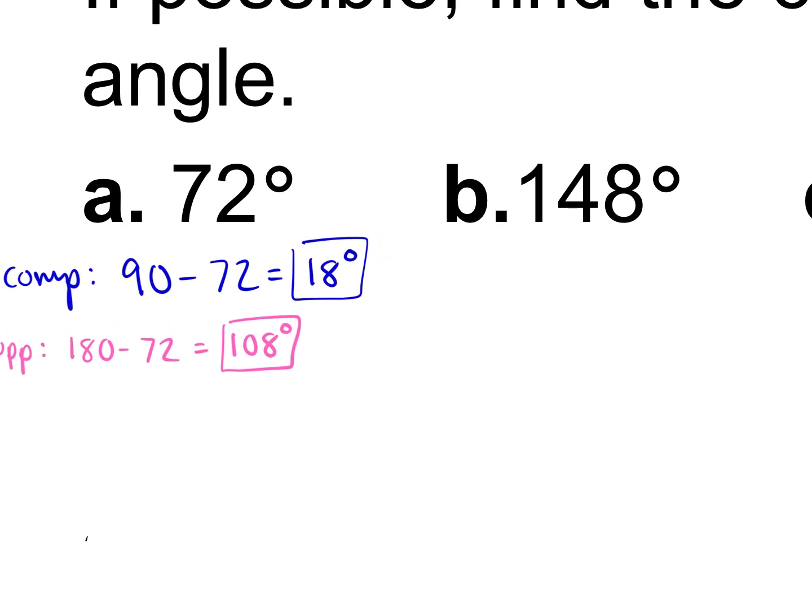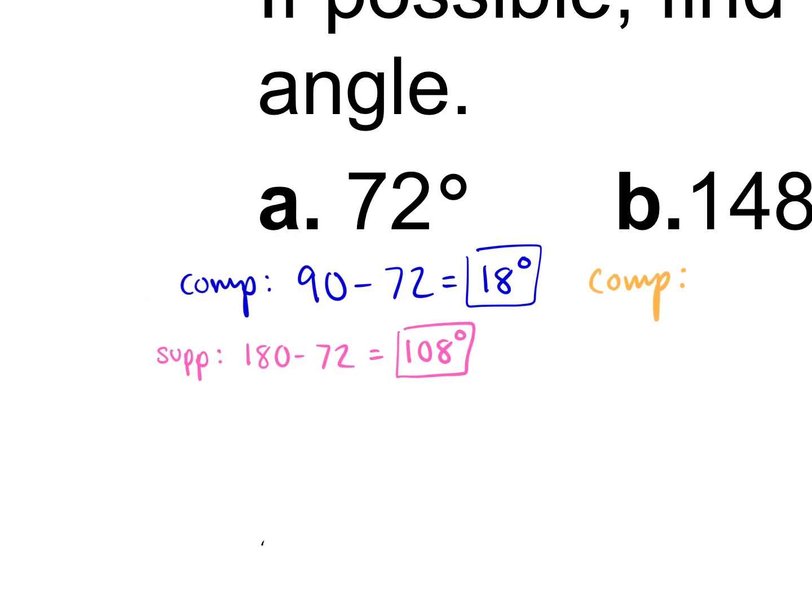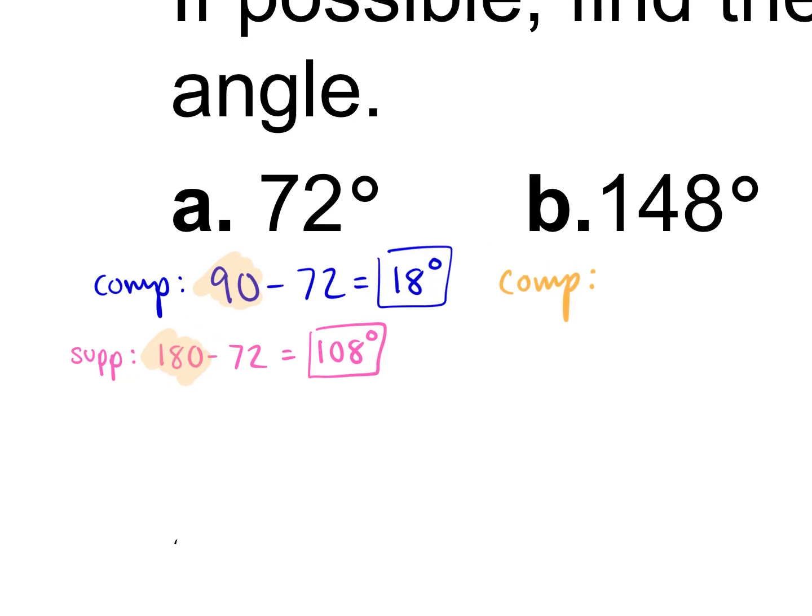Let's do B. How would we find the complementary angle here? So be careful. Look at what we did in the first one. We did 90 minus the angle and 180 minus the angle. That 90 and the 180 always have to come first. So when I do 90 minus